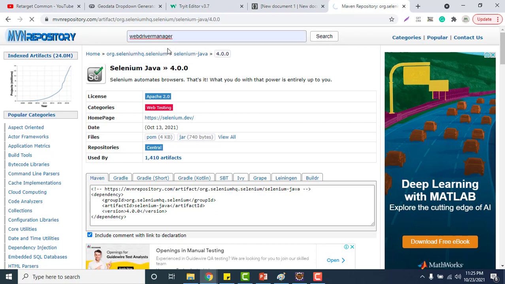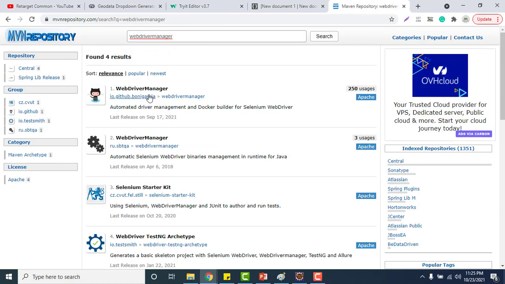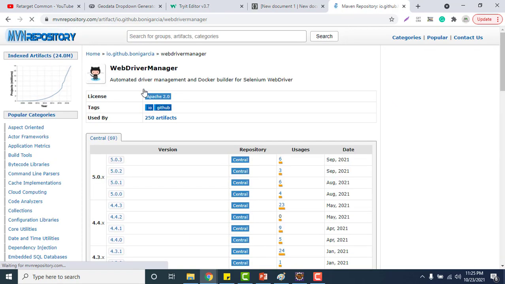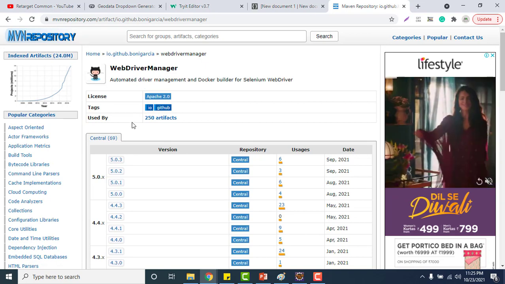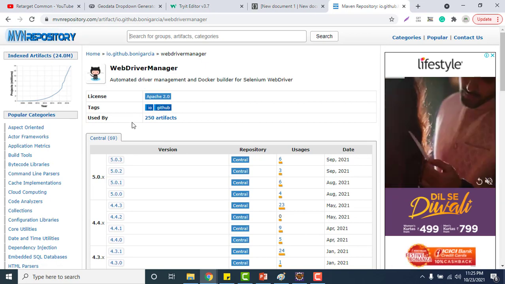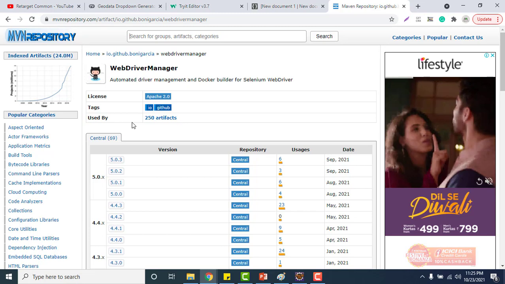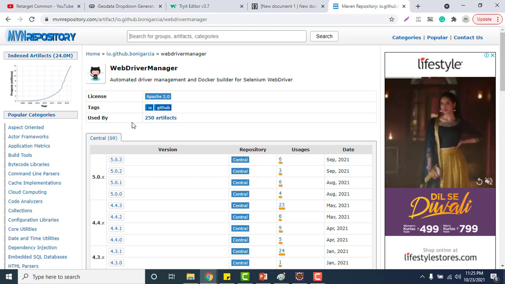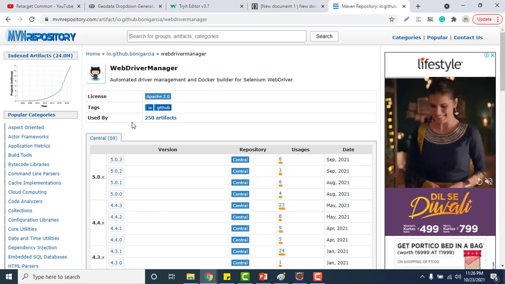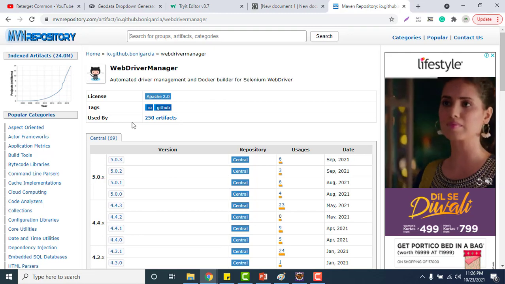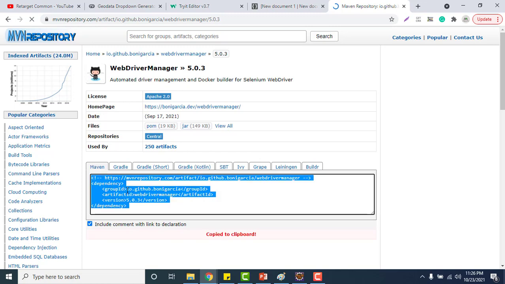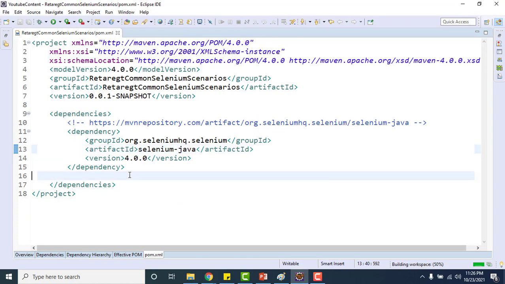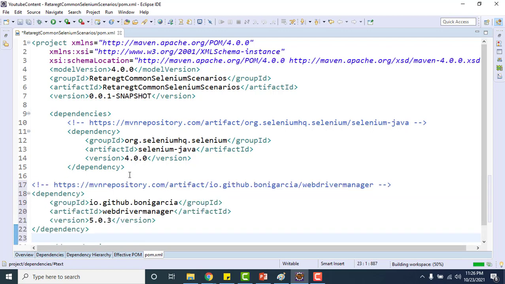And if you're not aware of what WebDriver Manager is, you can find the post on my blog, Make Selenium Easy. In short, if you're using WebDriver Manager, there is no need to download browser executable files, put them in your project and then give the path. WebDriver Manager will handle that for you. Okay, so let me copy this dependency, and when I write the code, you can also see how it is making our job easier.